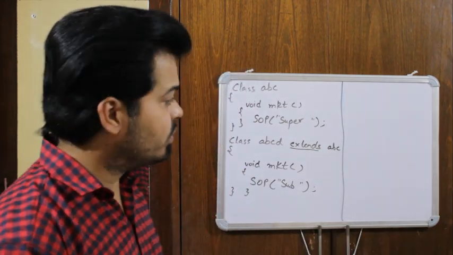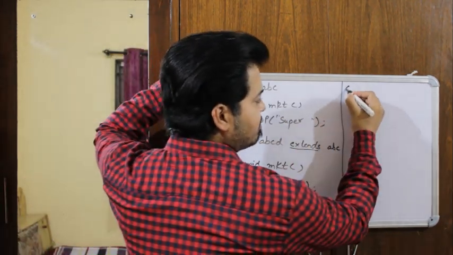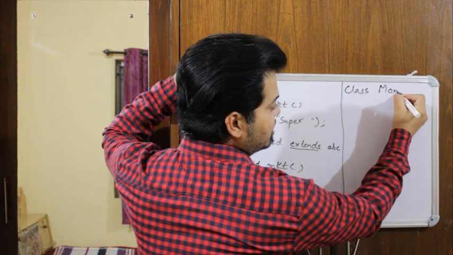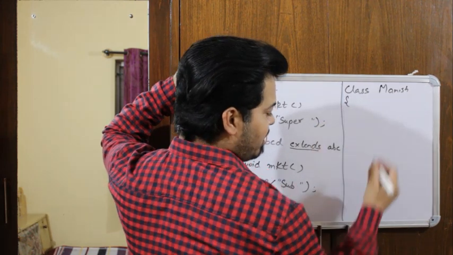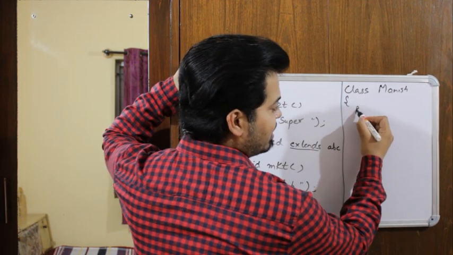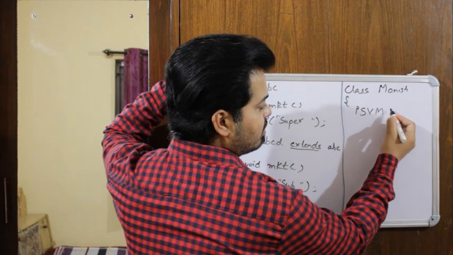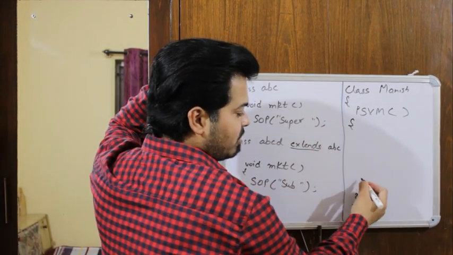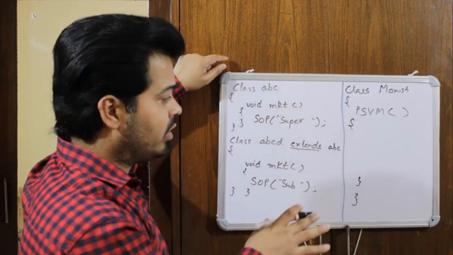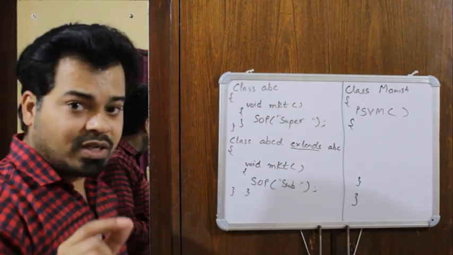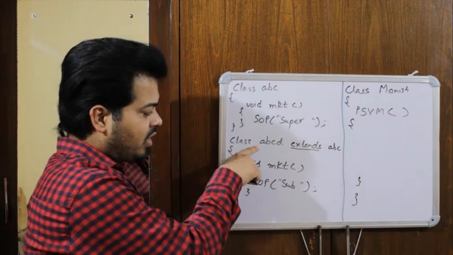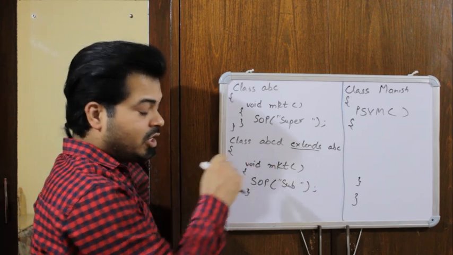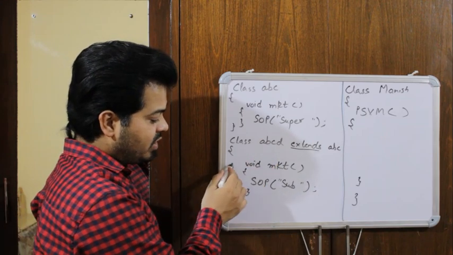And now you will create a class which will have your main method. Let's say the name of the class is Manish. This is your main class which will have your main method, that is public static void main. You already know how to write it, that's the reason I'm just writing public static void main. In this main method, you will try to create an object for this particular class, which is ABCD. If you create an object for this class, you can access this particular method, which is mkt.